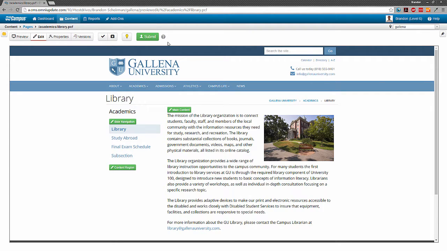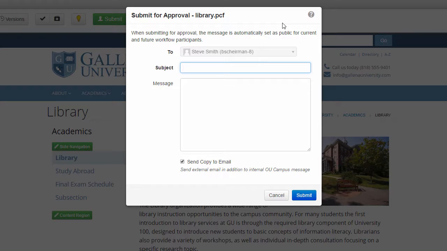Say that I've already made my changes to the page and now it's time to submit. Clicking the button brings up a dialog box that allows me to send a message to the person I'm submitting the page to. While we're here, a few things to note. First of all, the drop-down menu that allows me to pick an approver is currently grayed out. That means that my approver is enforced, meaning that I can't change who the page is sent to. Typically, administrators will enforce an approver at my user level, so no matter where I am in the site, I'll still send the page to the same person.